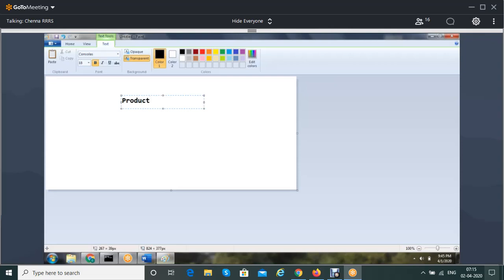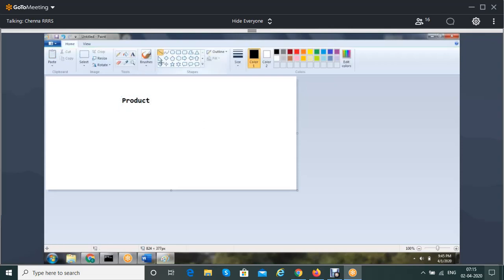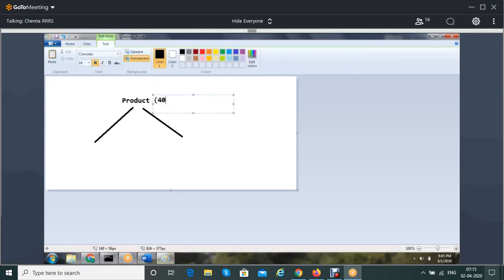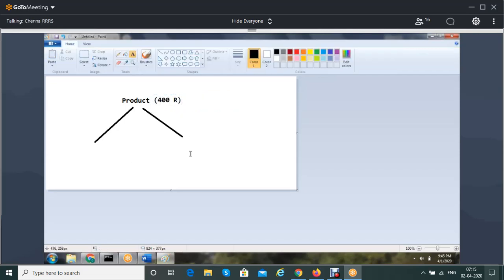We all know that we have a product table, right? From the product table, we have the product item type. Assume that with the product item type, we have 400 records. We extended the product item type and created a new item type. What is the name of it? RRS training product. Okay, excellent.